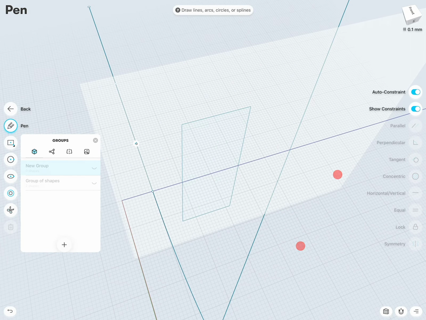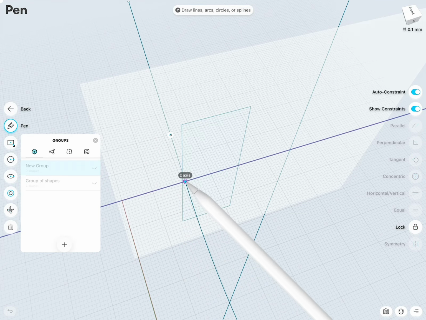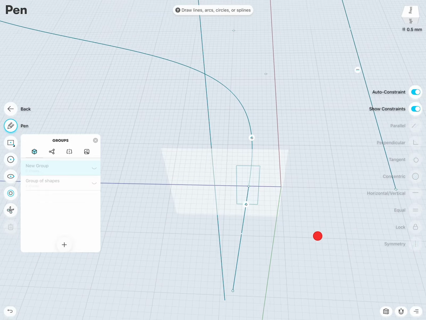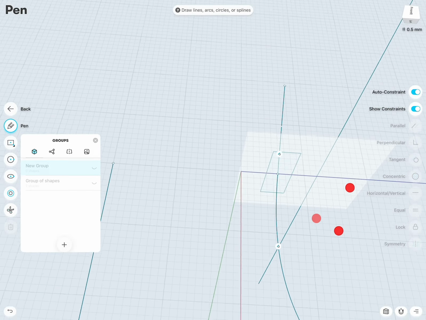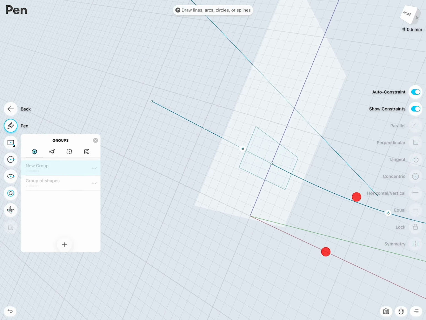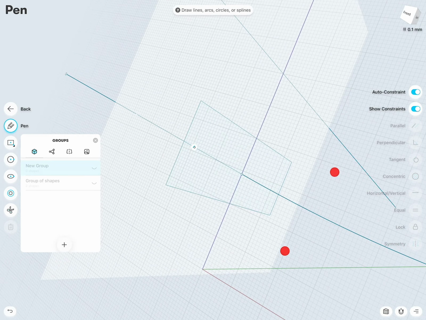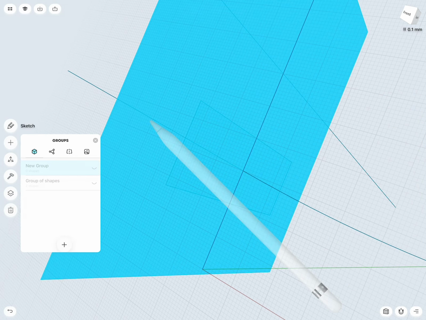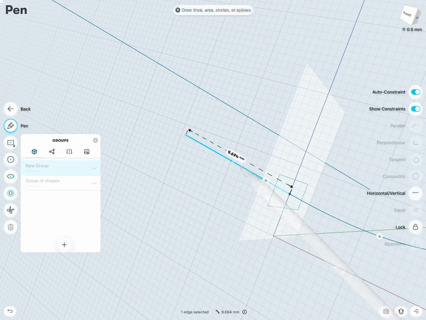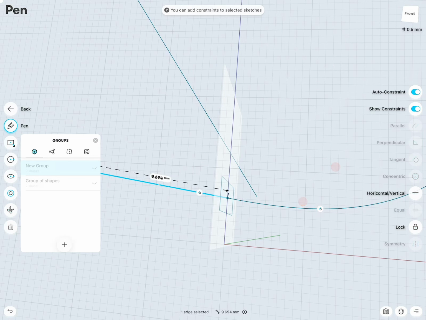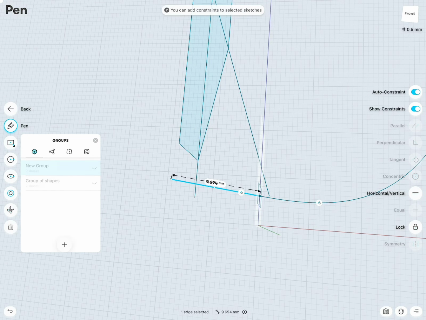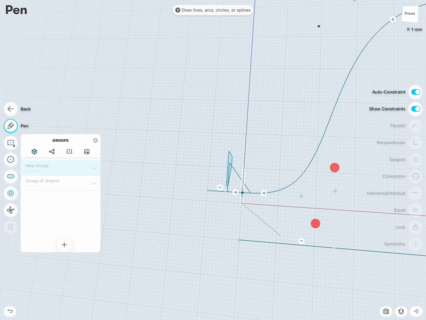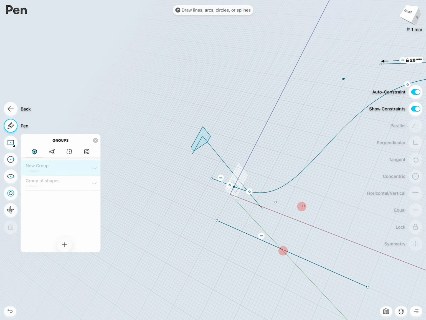Then I can zoom in and that looks pretty good. Very nice. So a nice mistake happened here. This one line, this one here rotated. No, not that plane, this line. But because it is tangent to the curve, all I have to do is select the horizontal vertical constraint and we're good. So with all this done,